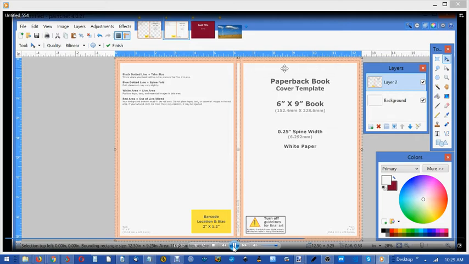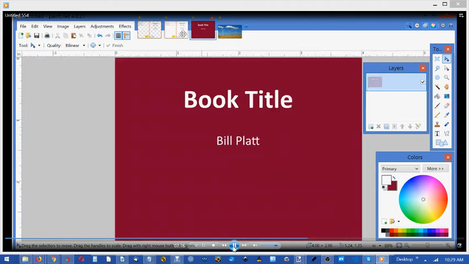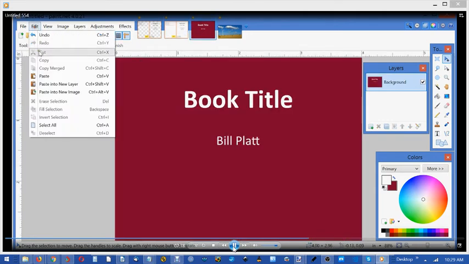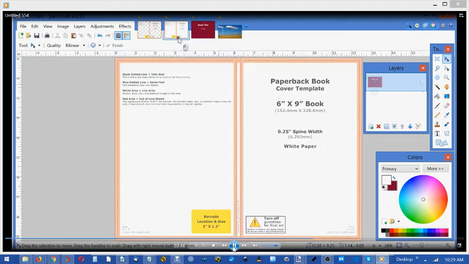And then we can see the measurements here. Let's go ahead and deselect, and then let's grab our book cover here. Let's do a select all, and then we'll do a copy merged. Then we'll come back over here, and we remember we're at 6.5 here, and we need to go to 0.875 from this point here. So that's,